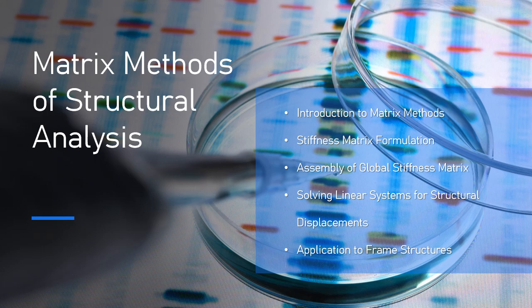3.3. Example: frame structure analysis. Consider a simple 2D frame structure consisting of two beams and a vertical column. 1. Step 1. Formulate the local stiffness matrices for each beam and column element. 2. Step 2. Apply the transformation matrix to convert the local stiffness matrices into the global coordinate system. 3. Step 3. Assemble the global stiffness matrix by summing the contributions of each element's stiffness matrix into the global